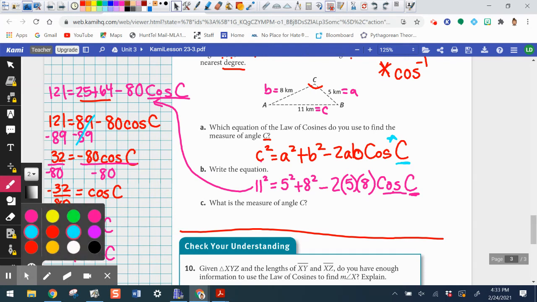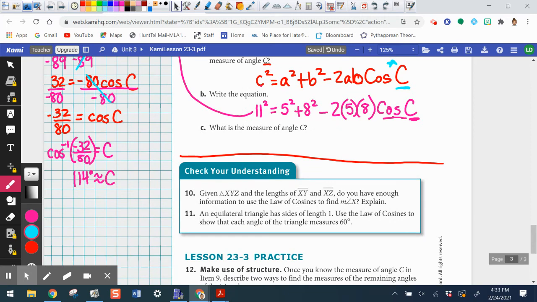Well, the negative 80 will cancel here, and we'll be left with cosine of c. And sure, we could go ahead and divide 32 by negative 80 and give a decimal. But in math, we're trying to get the most exact answer, so we'll leave it as that fraction for now. Well, now that we have the cosine of c is equal to negative 32 over 80,